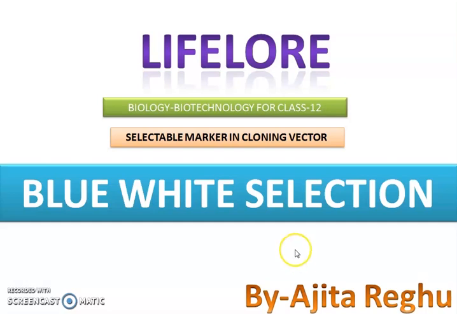Yeah, hello students. We were talking about cloning vectors and its features. So we came to the topic of selectable markers in cloning vectors, and pBR322 we did in the last video. Since that is a cumbersome process, pBR322 requires a lot of replica plating to find the transformants and then find the recombinants from non-recombinants. So an easy method which is normally practiced now in rDNA technology is blue-white selection.